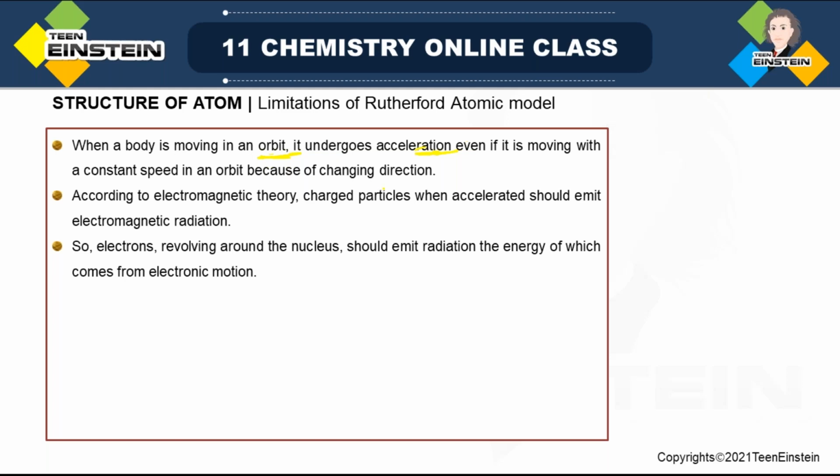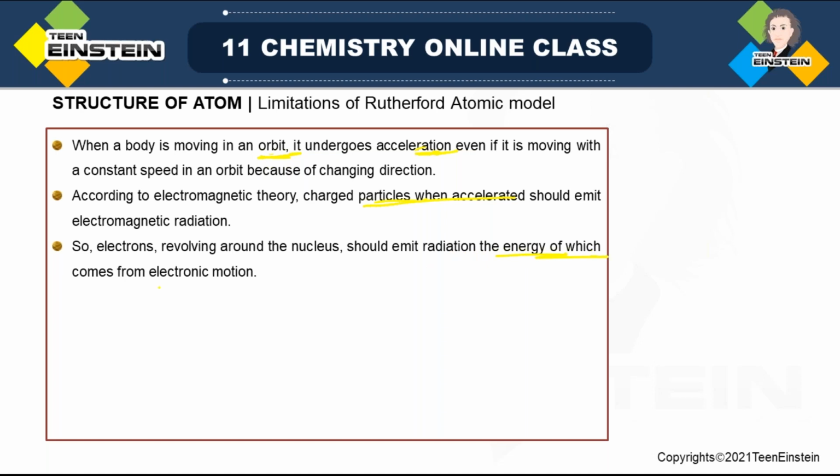Now, according to electromagnetic theory, when a charged particle is accelerated, it should always emit electromagnetic radiation. So this is already an observation from electromagnetic theory. If there is some acceleration happening in some charged particles, just like here the electron is negatively charged and there is some acceleration happening, so electrons should also emit some electromagnetic radiation. Okay. Now when they are emitting radiation,